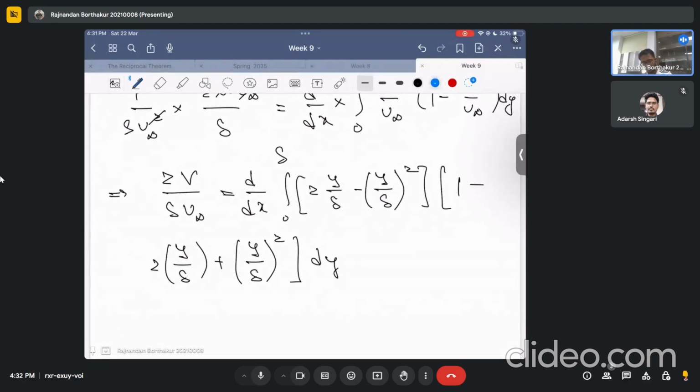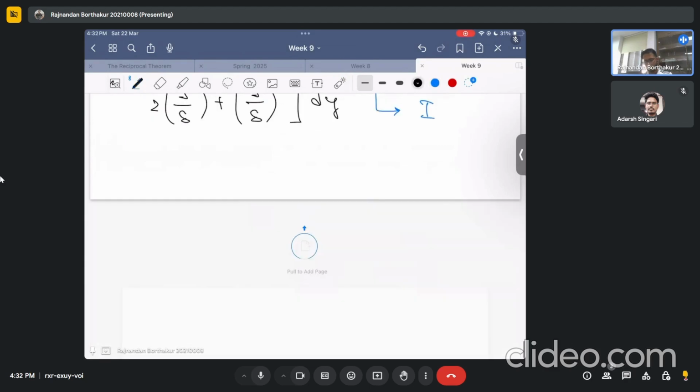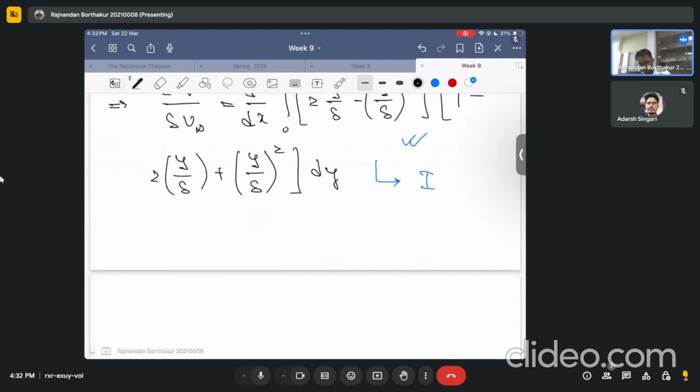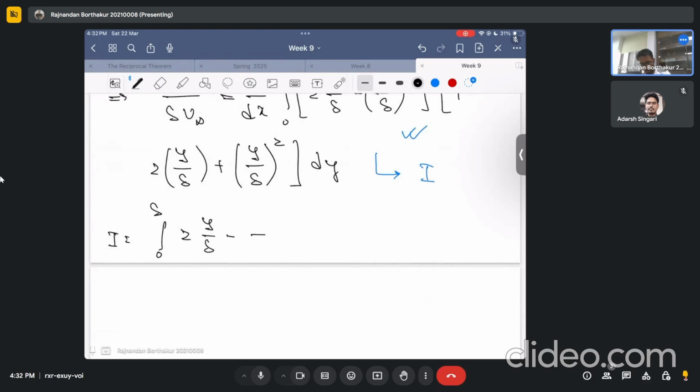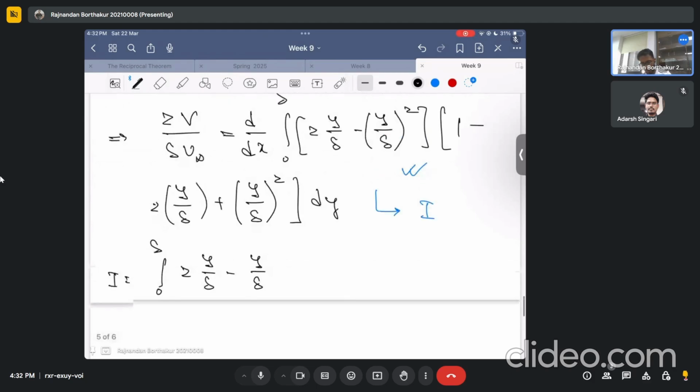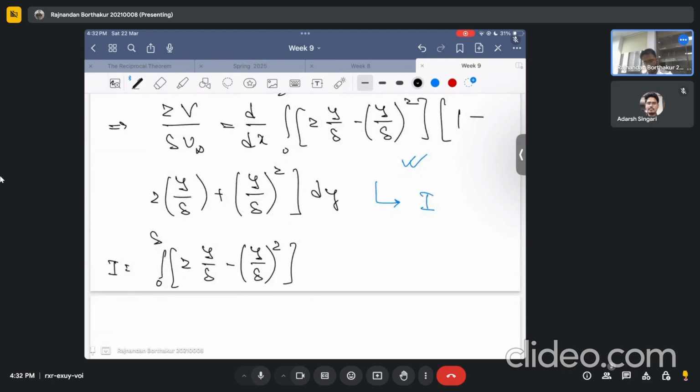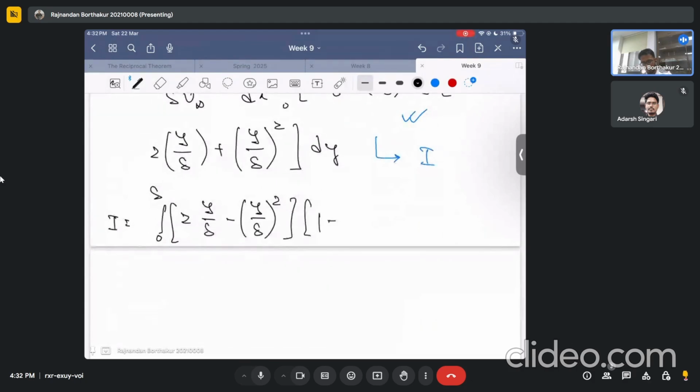Let's first do this integration, and I'll call this integration I, and then let's find out what I is, and then we'll substitute the value of I in this d/dx basically. Okay, so your integration I is the integral from 0 to delta of 2 times y by delta minus y by delta whole squared, and then I have 1 minus 2 times y by delta plus y by delta squared,